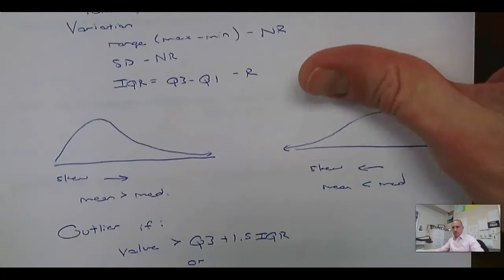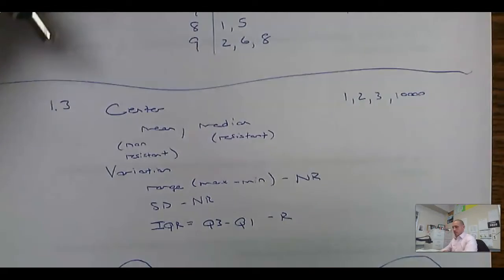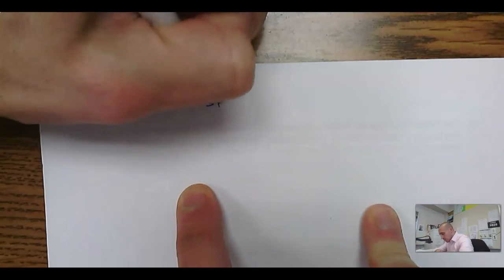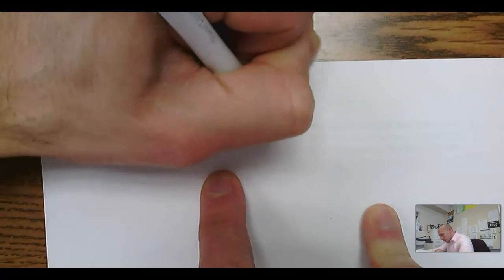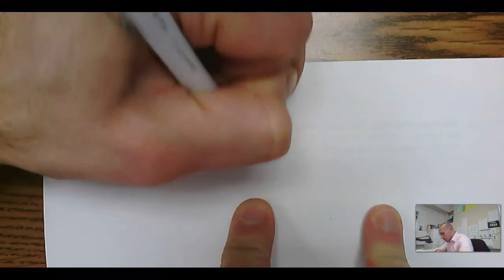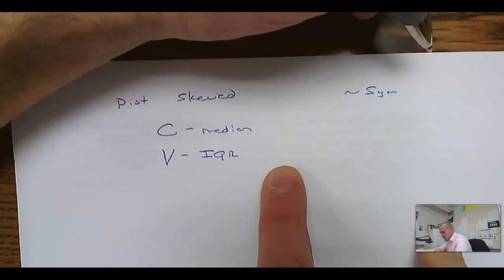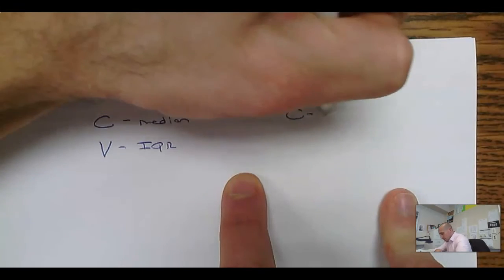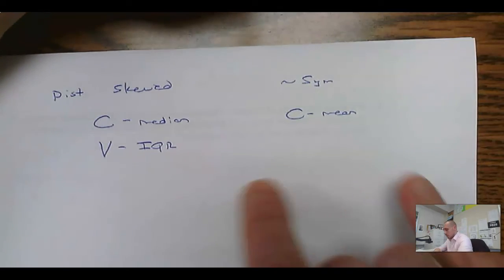If your distribution is skewed, then the measure of center you want to use is the median, because that's resistant. And the measure of variability you want to use is the IQR, because that is resistant. If you have a roughly symmetric distribution, whether it's uniform or approximately normal, the measure of center you want to use is the mean. The reason is that it takes into account every single data point, and the measure